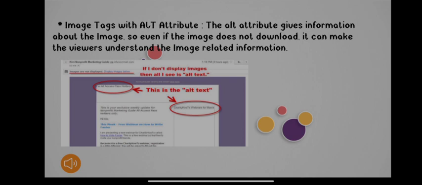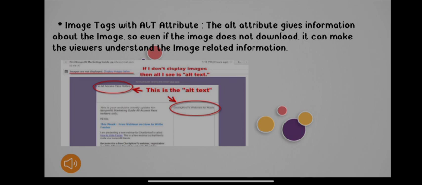So what does the alt attribute do? Whenever we use the alt attribute, we can specify some short information related to that image in it, so that even if an image is taking time to load, whatever information we have specified in the alt attribute will be displayed to the user in place of that image. And after that, whenever the image loads, the image will be displayed.